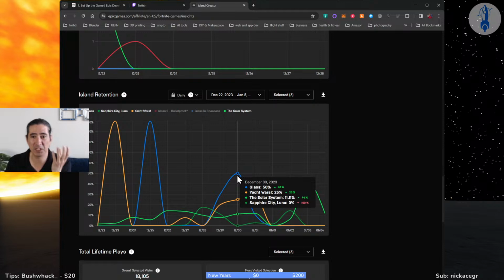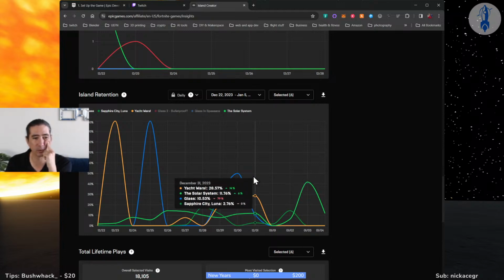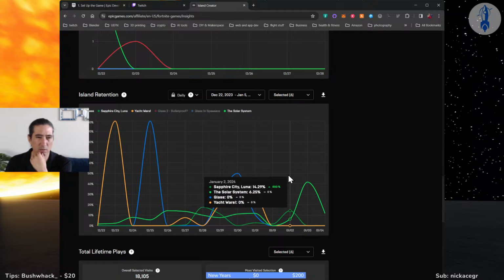25% on Yacht Wars. I need to find out who and how people are playing Yacht Wars. I have done almost zero for that map, honestly. It was just an experiment in creating different players and putting in different devices, like a vending machine for weapons and stuff, and for power-ups, you know, mini pots and bandages and medkits and so on. There's probably more I could do with that map.